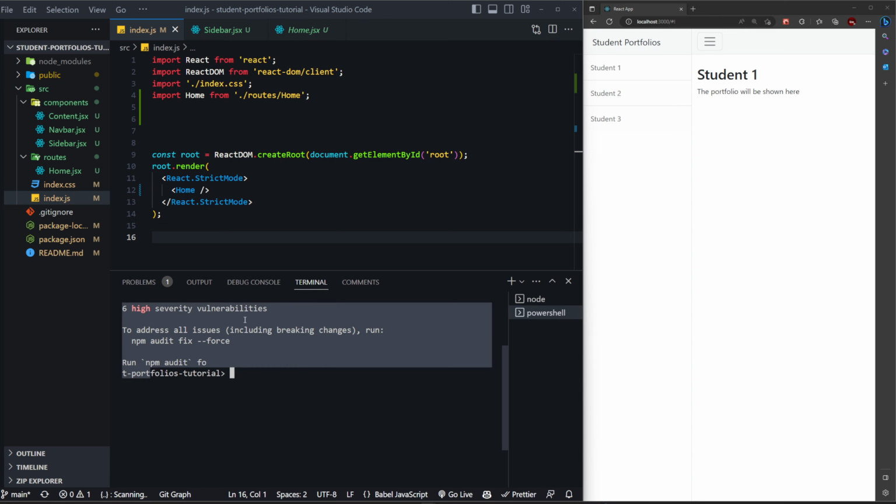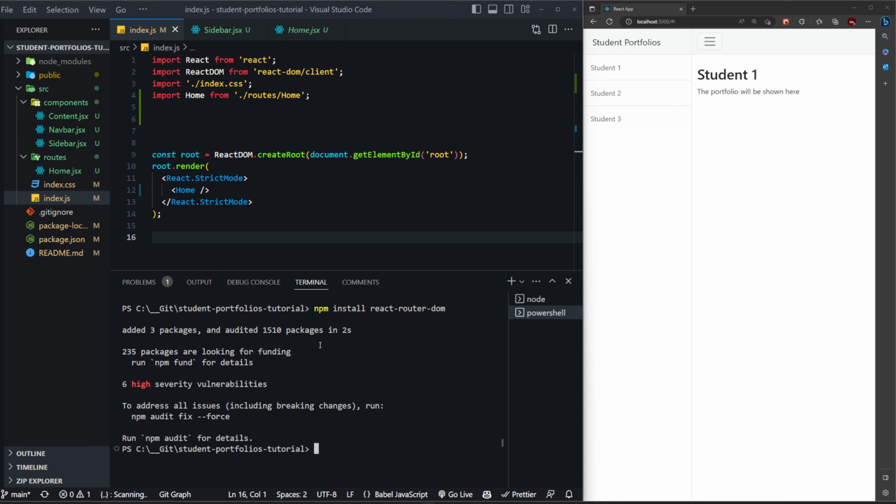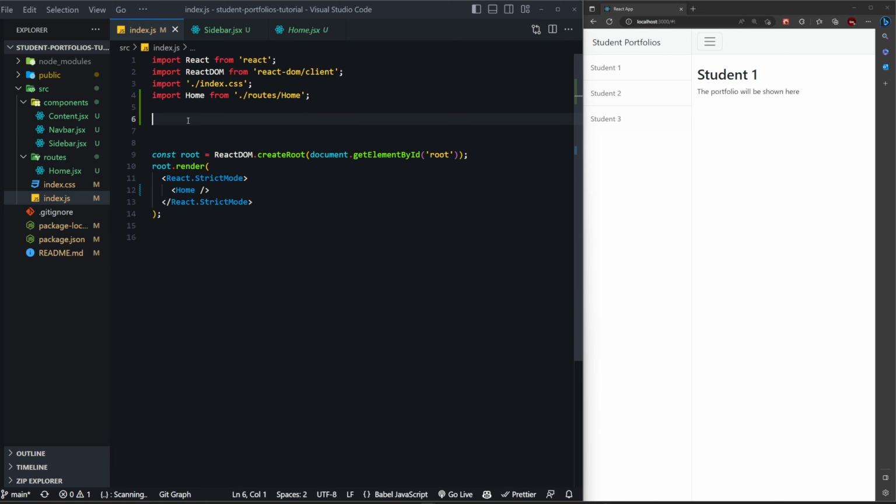Make sure you're in the correct folder, and then do npm install react-router-dom. Once that is installed, you can use all the packages basically from the